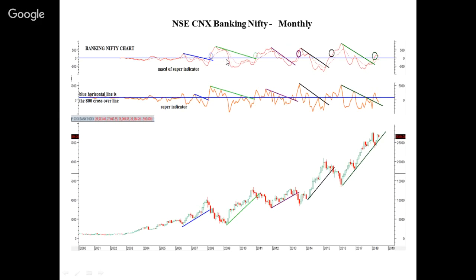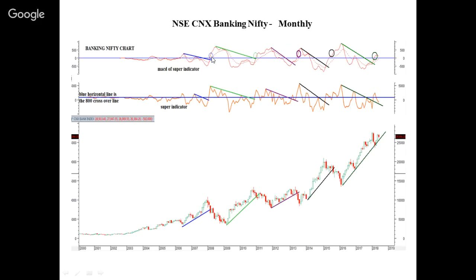We have made an MACD of the indicator. Even though our primary indicator is the super indicator, we use the MACD of the super indicator to get long-term trends and directions of the market. For instance, here in the Bank Nifty, when the MACD goes above the zero crossover,